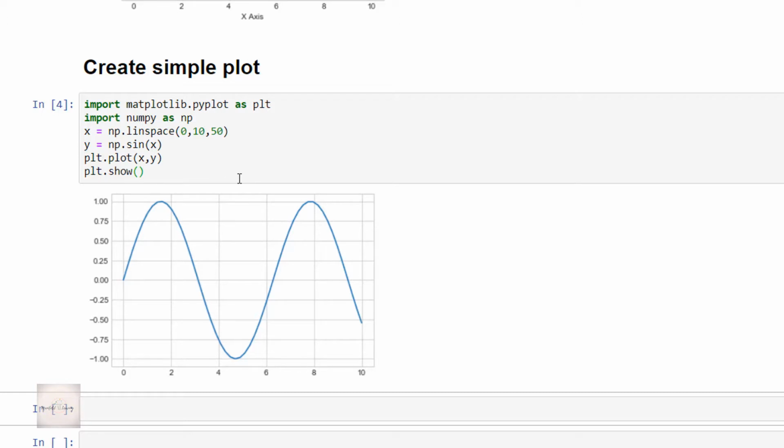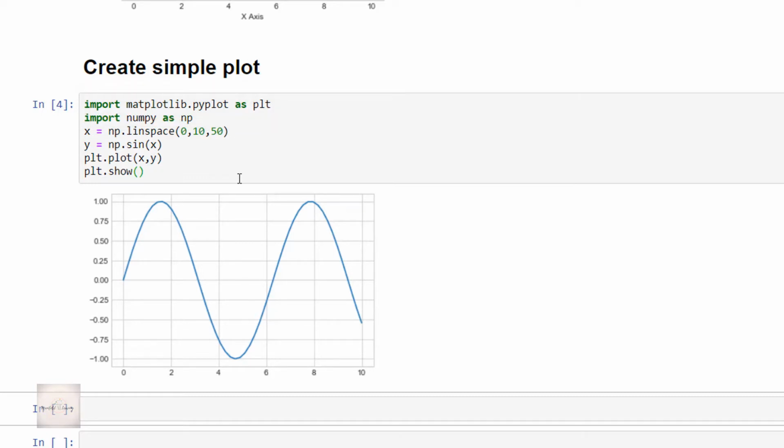And guys, these two functions, that is plot and show, are actually present in the package called pyplot, which is inside matplotlib. Hence, if you observe this line, I have written import the pyplot package inside the matplotlib as plt. And guys, that's the reason I told you before that rather than using import matplotlib as mpl, we will be using this interface, that is import matplotlib.pyplot as plt. Now got it? Great.